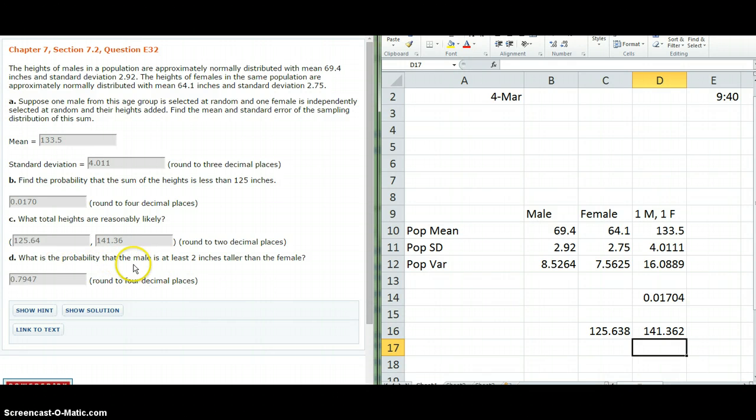And what is the probability that the male is at least 2 inches taller than the female? Okay, so we need the male to be at least 2 inches taller. What we're going to do now is we're going to take a male and female, and we're going to subtract the 2. So what would be our mean of,